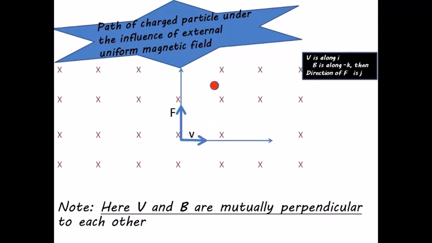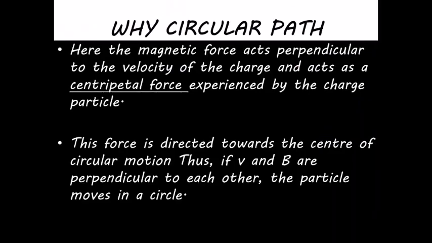Now try to understand one thing: what was that example that you used to study where the velocity is always perpendicular to force? Yes, that is centripetal force. In the circular motion example that I am talking of, this F is acting like the centripetal force. What is it that is providing this centripetal force? Let us have a look at that in the next presentation.